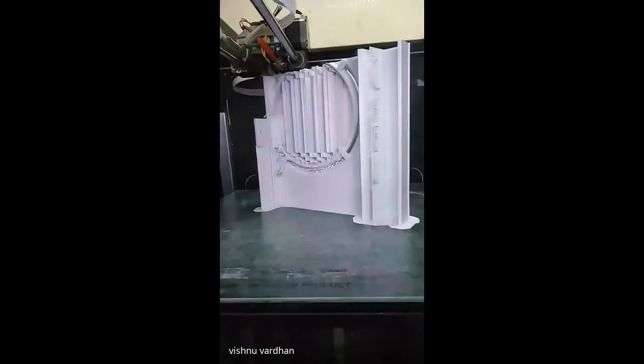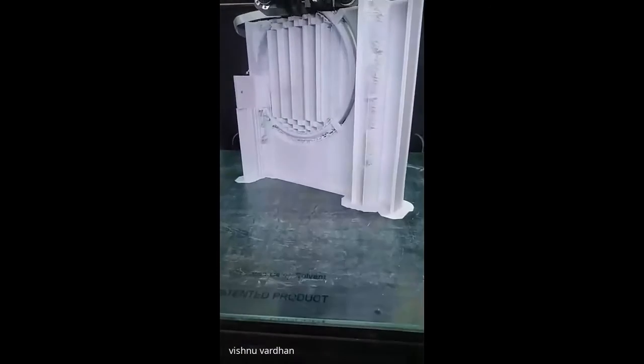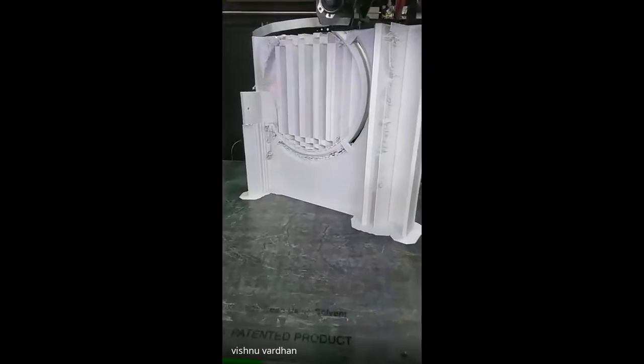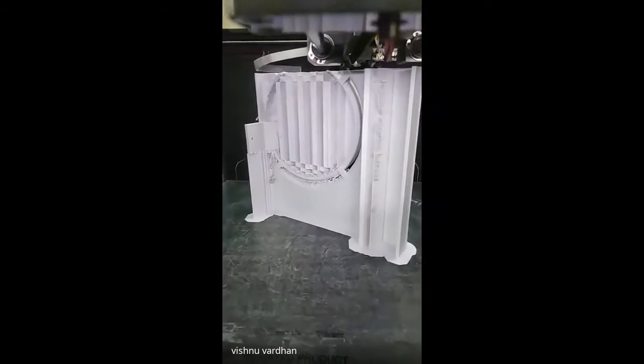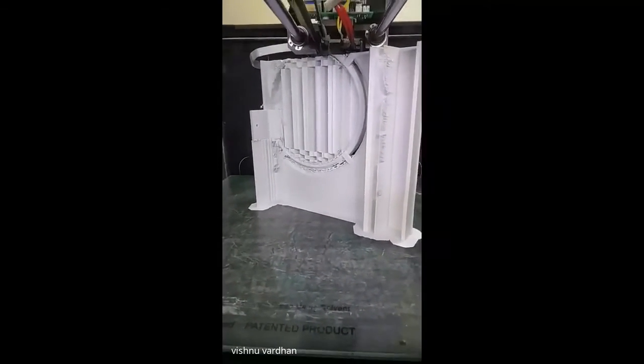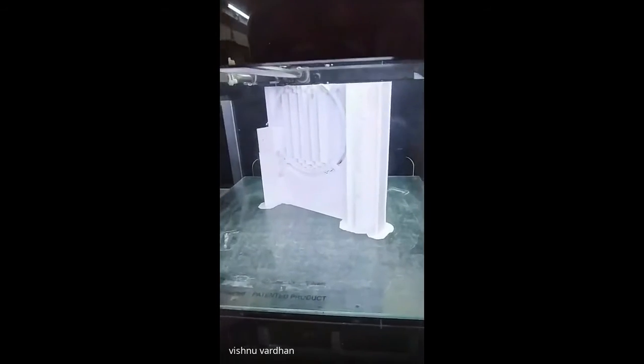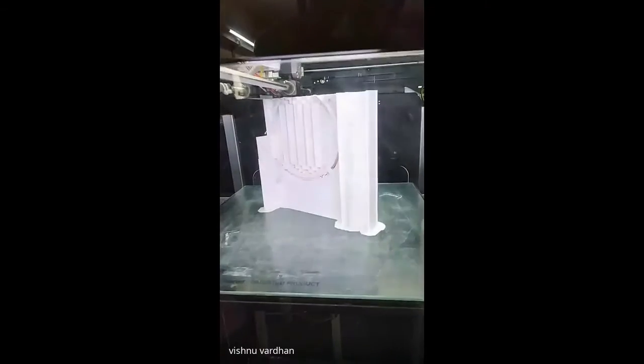This is the ABS material. I already told you, while printing in high temperature materials, we will get some cracks or otherwise warping will happen. To avoid that warping, we apply glue stick on the bed. You can see around the part there is a white shade. That shade is the glue stick which I applied. And there is a glass enclosure on top of the printer to avoid those cracks. For that, I put an enclosure and applied a glue stick to avoid the warping and the cracks.